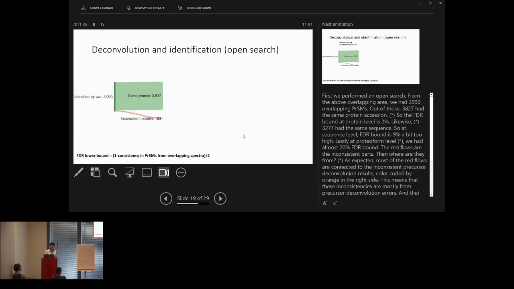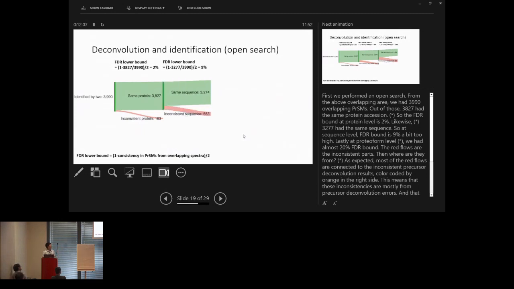So this is the flow chart, or Sankey plot, to show if this is the case or not. So the left side is identified by 2. Yeah, so the overlapping area, we have almost 4,000. And when I check just the protein identification, I found that they are consistent by like 96% or so, and they're inconsistent by 4%. Oh, I have the number. Okay, good. So that means I have an FDR lower bound of 2% because they are 4% inconsistent at the protein level,